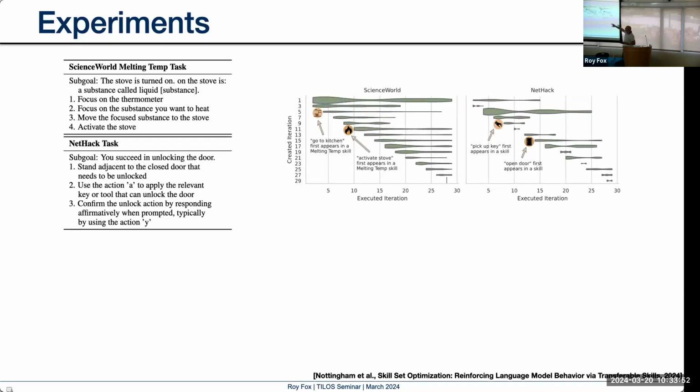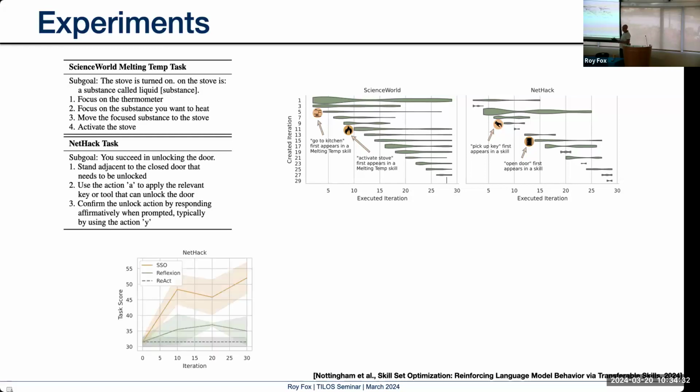And now you can see in rows here different skills that we're learning. Along the row, you can see in which iteration it was used. A skill can only be used, of course, after it's been discovered. And you can see that as time goes by, we're discovering better and better, more useful skills. At some point we discovered that we can go to the kitchen and activate the stove and so on. And you can see vertically that we tend to be using more recent skills. They're just more useful than previous ones we got rid of.